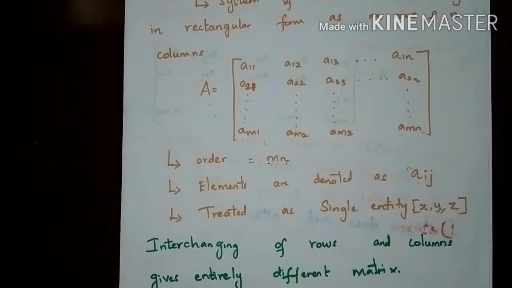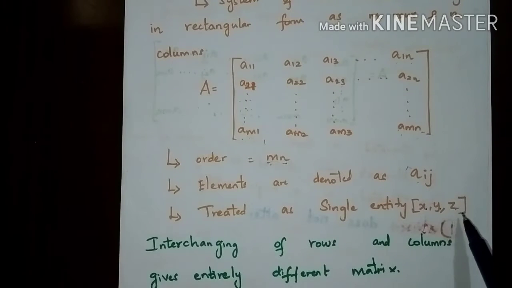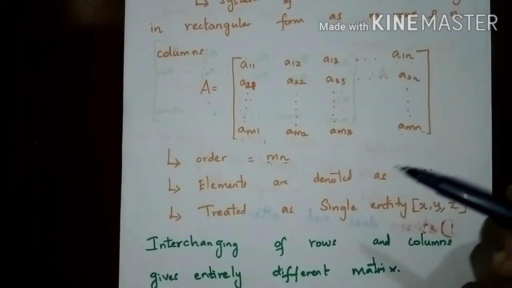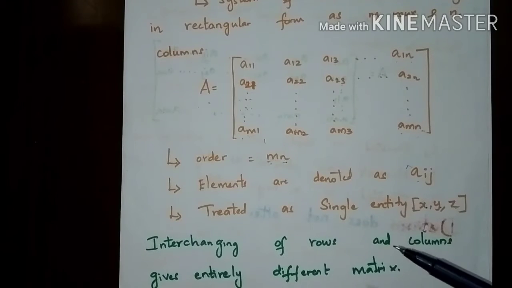Next, a matrix is considered a single entity. We can take an example in solid geometry. We have to represent a cube or a cuboid with the three axes x, y and z, right? We cannot reduce these three axes into a single value. Likewise, a matrix is an array of values that cannot be reduced into a single value, like what we have done in a determinant, where a determinant can be expanded using Laplace expansion, whereas a matrix cannot be expanded to get a single value. This is one of the differences between a matrix and a determinant.